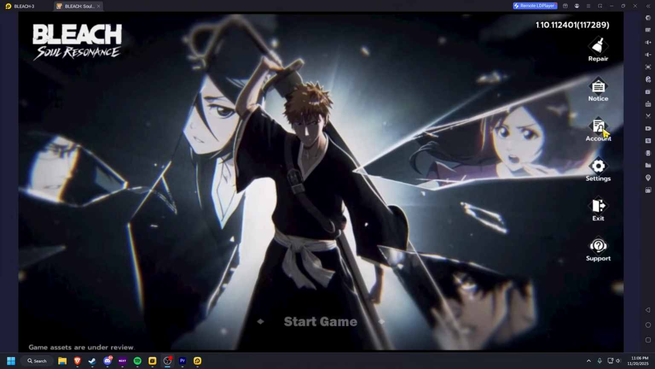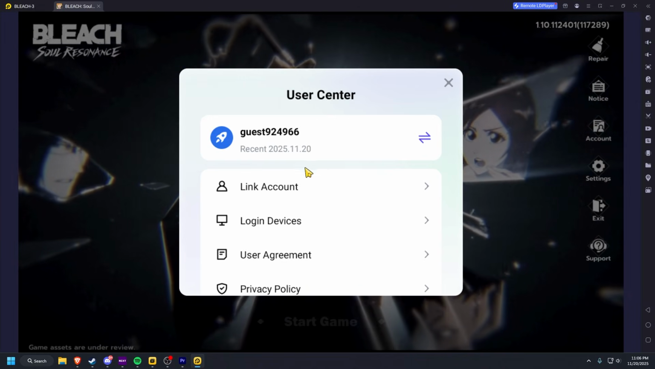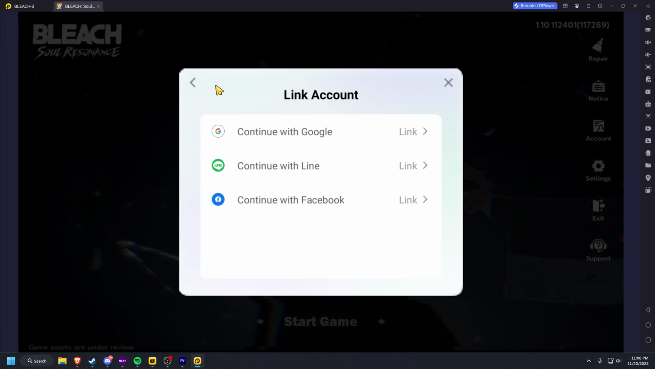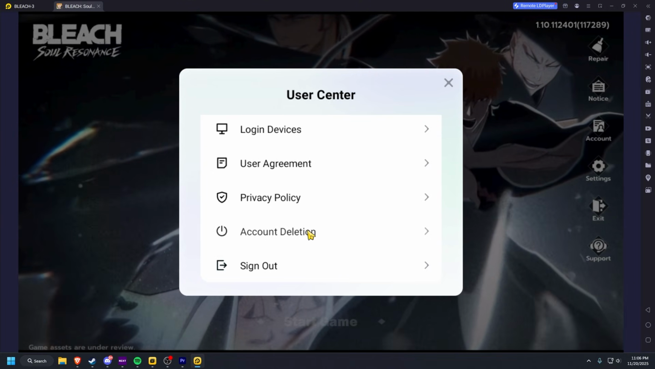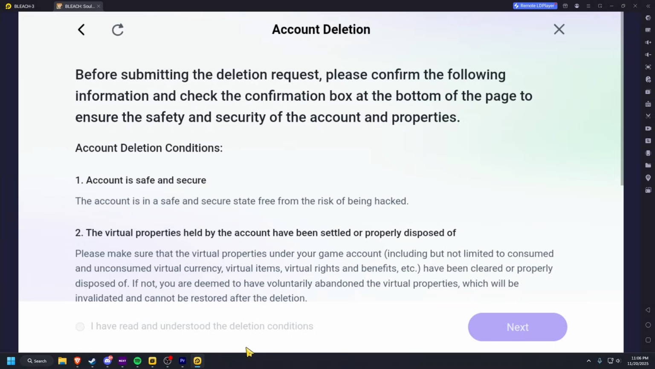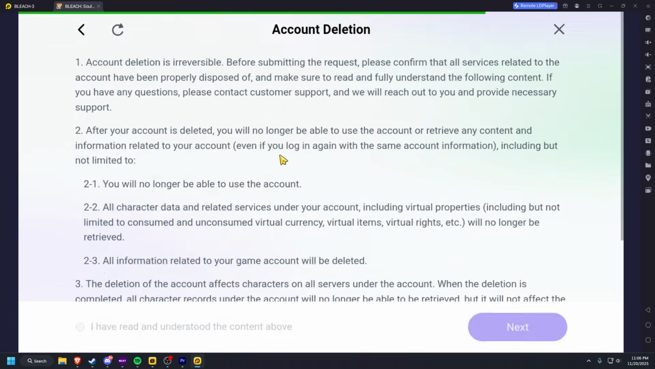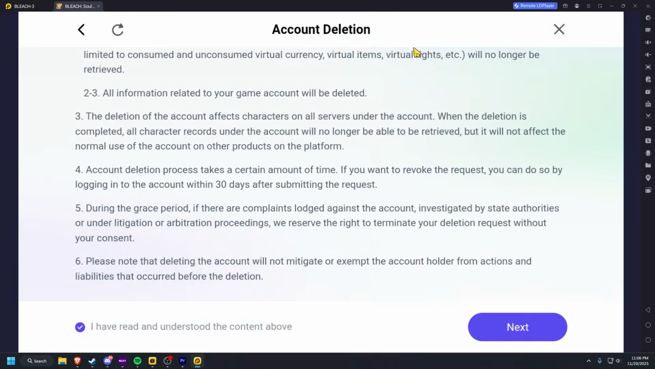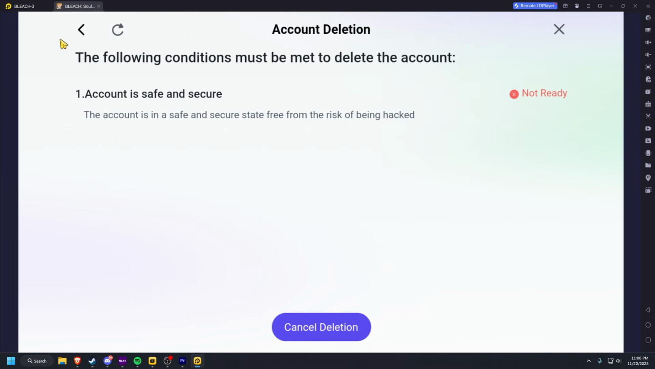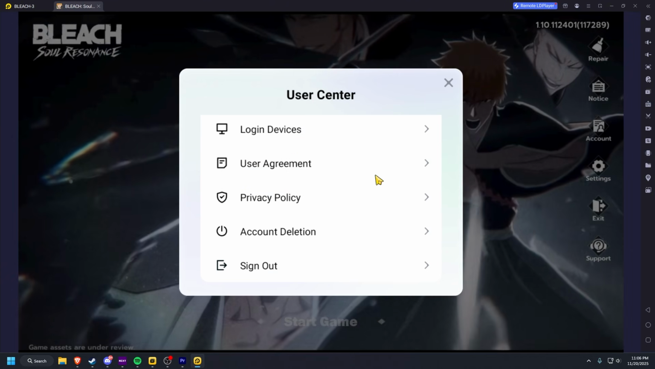You guys see that it'll have the account section here. You'll have your guest account. You are able to link it as well. You guys are not able to delete the account if you are trying to reroll, as you can see here. If there's actually nothing wrong with your account at all, or you have not been hacked, then you cannot